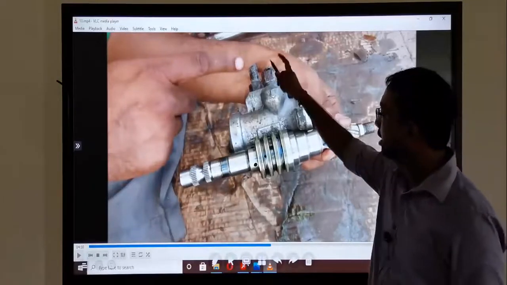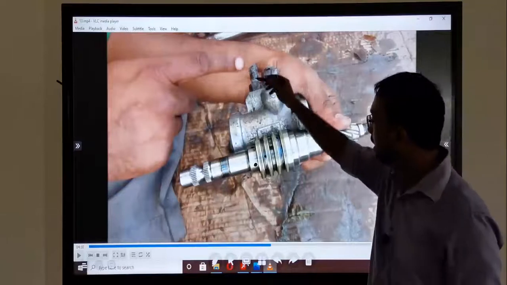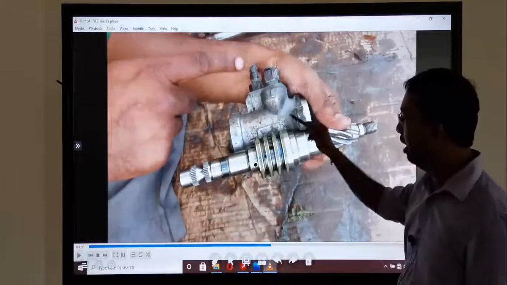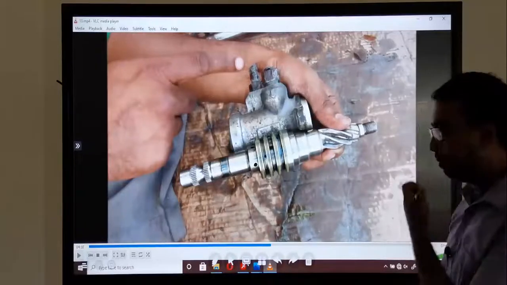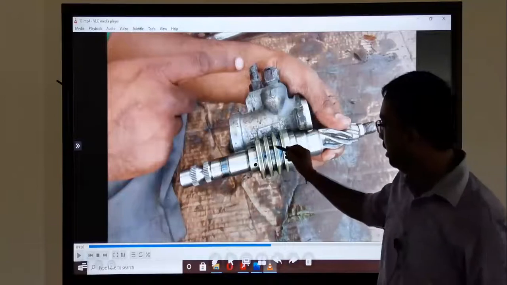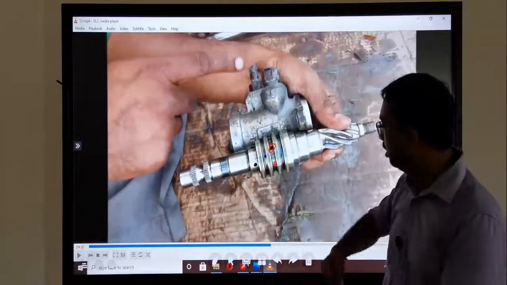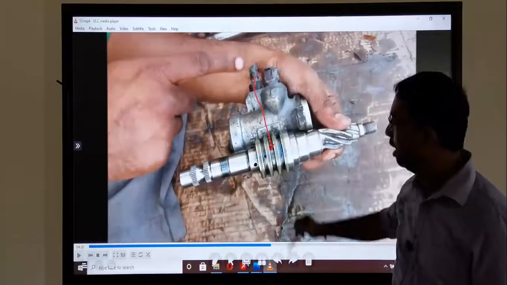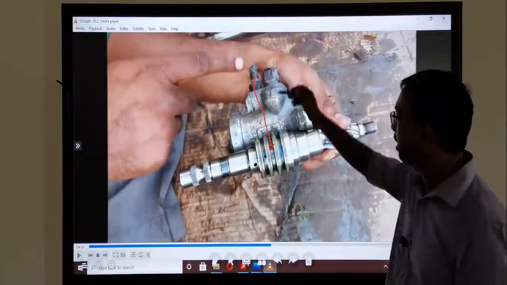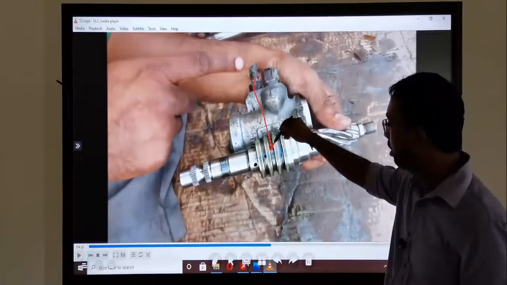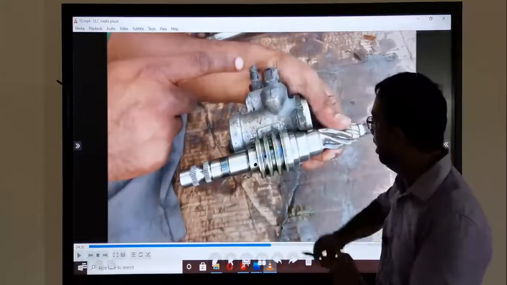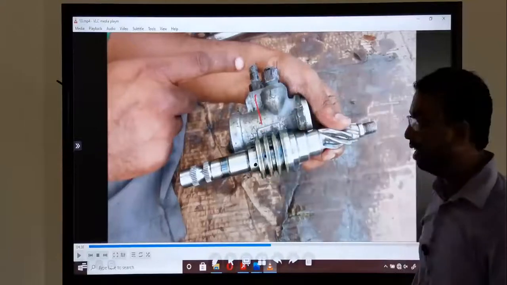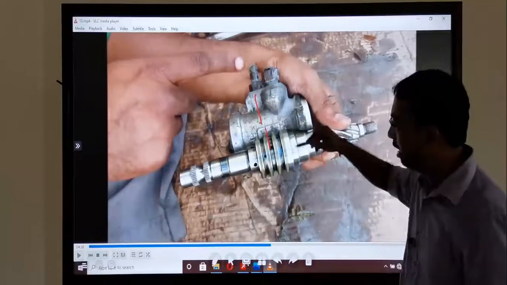This is the return line and this is the high pressure line. When the high pressure line comes and fills the inside of this body, the cylinder, the oil is filled. Here, these lines have some holes. This hole is related to the neutral line or high pressure line. When the supply comes here and this line and this hole are at the same level, what happens? The fluid enters this cylinder.